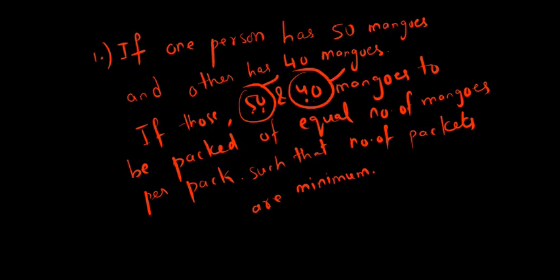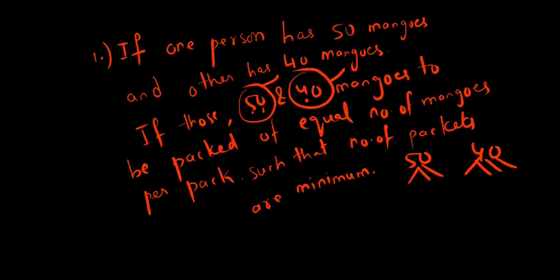We should have the minimum number of packets to pack these mangoes, also with equal mangoes. For 50 mangoes and 40 mangoes, we have to divide them into packets such that each packet has equal mangoes and fewer packets are used. So for this, what we use is